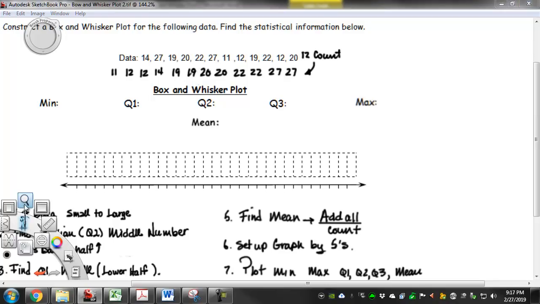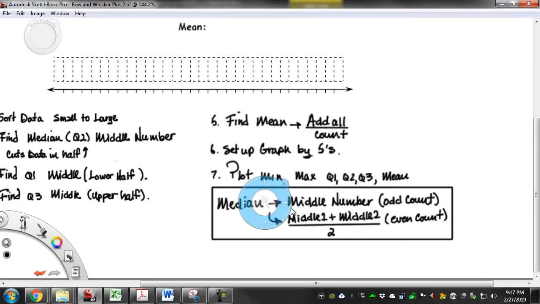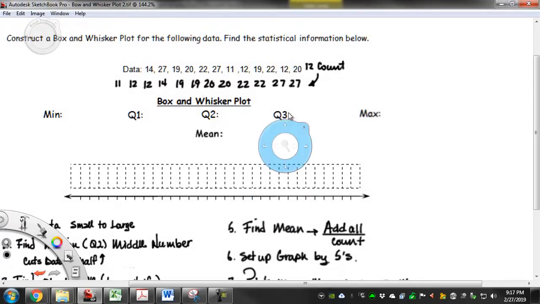And if you look down here at the notes, it says the median. If I have an odd count of numbers, it's just going to be the middle number. If I have an even count of numbers, I have to take the 2 middle numbers and divide by 2. That means on the data set that I have here, I have to take 19 plus 20. That gives me 39. I have to divide that by 2, and I get